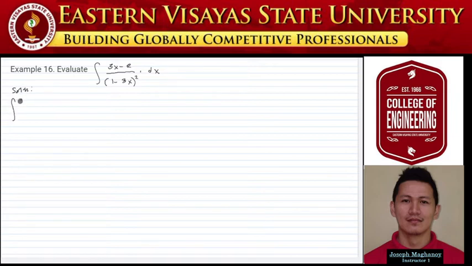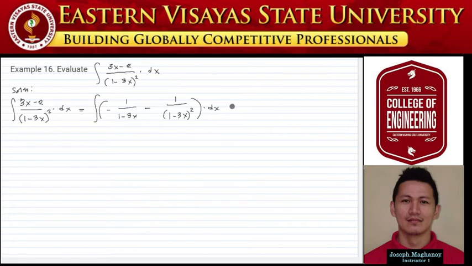Integral of 3x minus 2 over 1 minus 3x squared dx is also equal to integral of quantity 1 over 1 minus 3x minus 1 over quantity 1 minus 3x squared